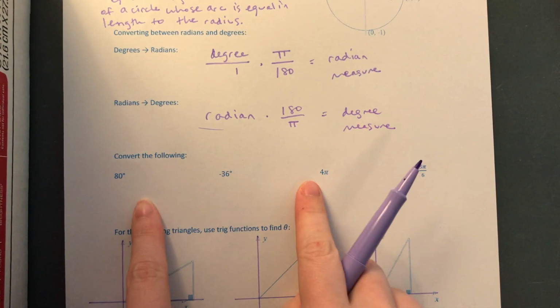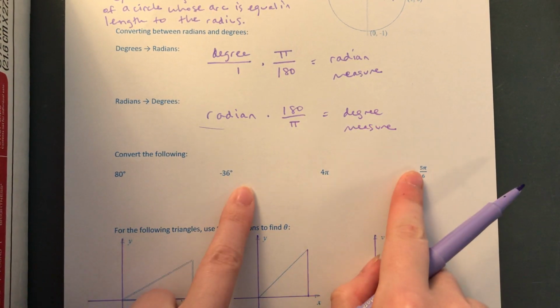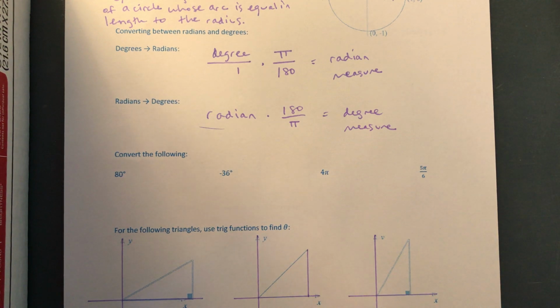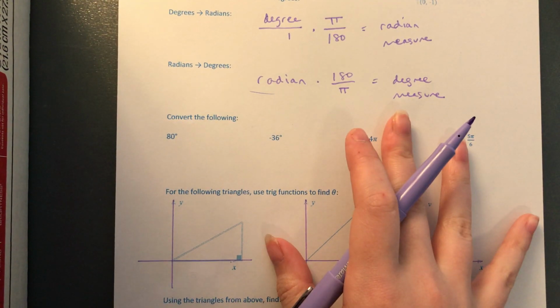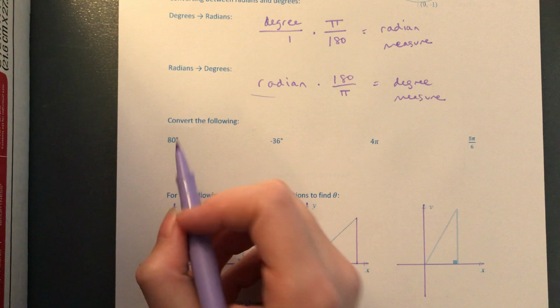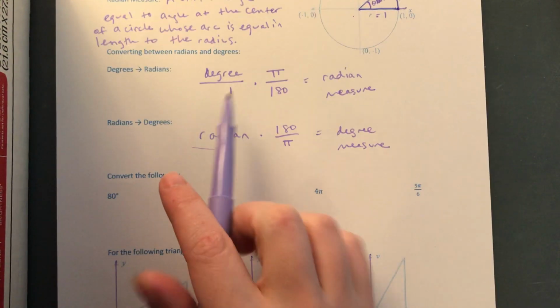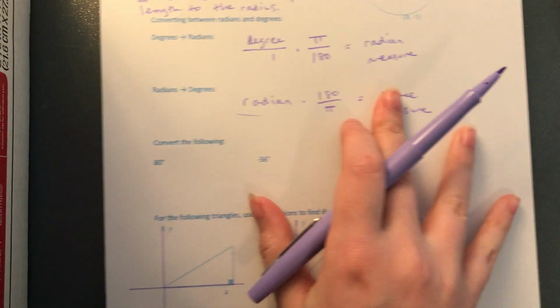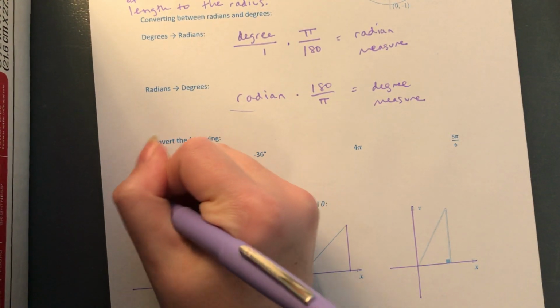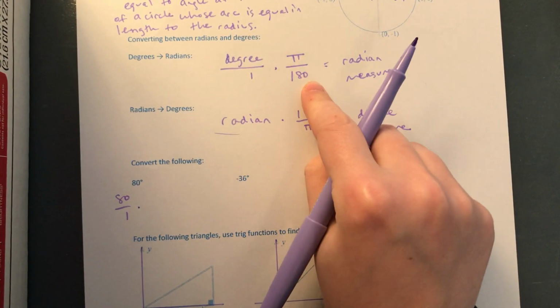So I'm going to do one of each down here with you guys, and then I want you to try the second one of each on your own. So the first one is 80 degrees. So if I know 80 degrees, what's the radian measure? I don't know. Let's take a look at our formula. So we're going to take degree over 1. So 80 over 1 times pi over 180